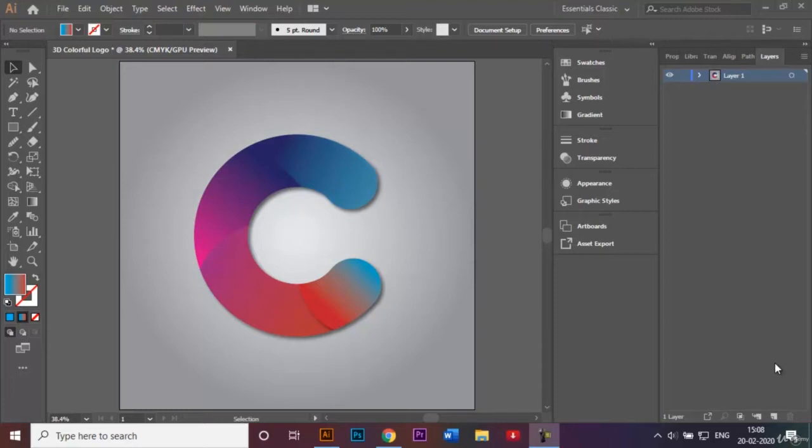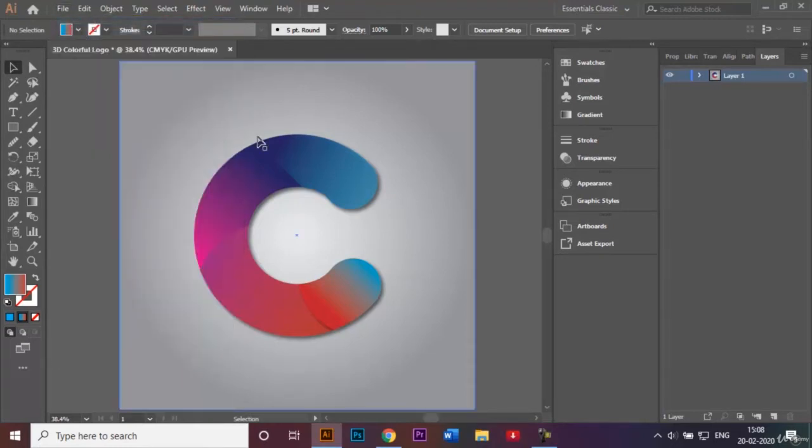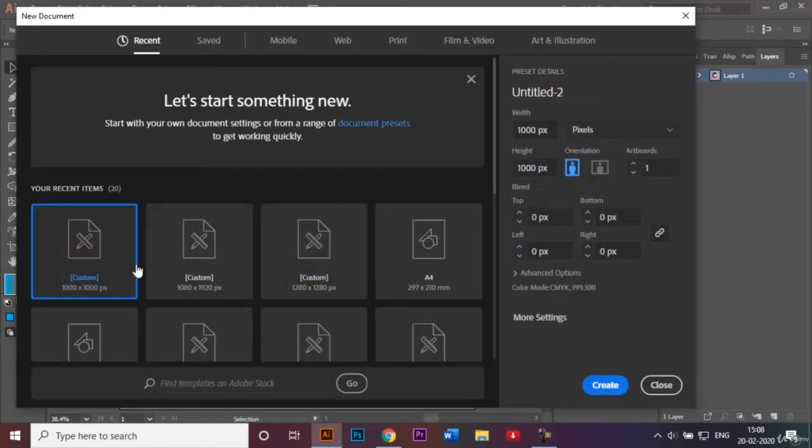The first thing we have to do is to create a new document. The document that I will be using for this tutorial is this custom size document, which is 1000 by 1000 pixels, and I will be renaming this to 3D colorful